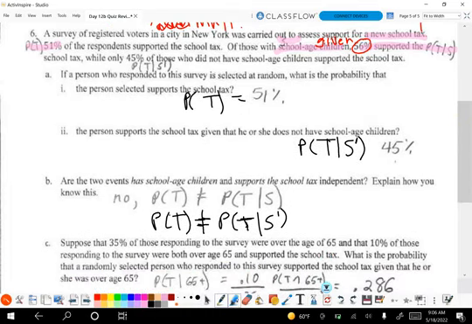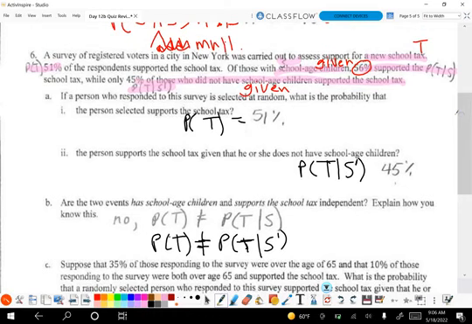And then they also give us the probability of not supporting the tax given that you do not have a school-age child. Again, this is another given. Givens are conditional. So our 45% is the probability of supporting the tax given that you don't have a child. So as long as you can understand that these are conditionals and not intersections, it's fairly easy to do